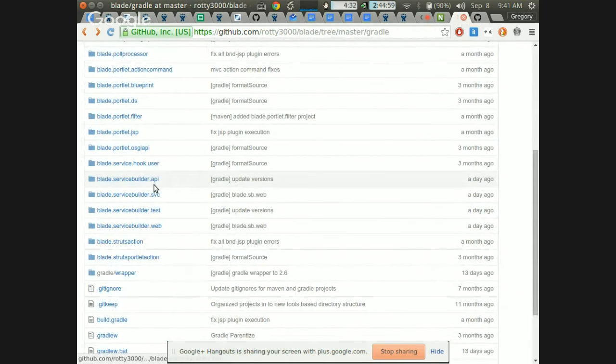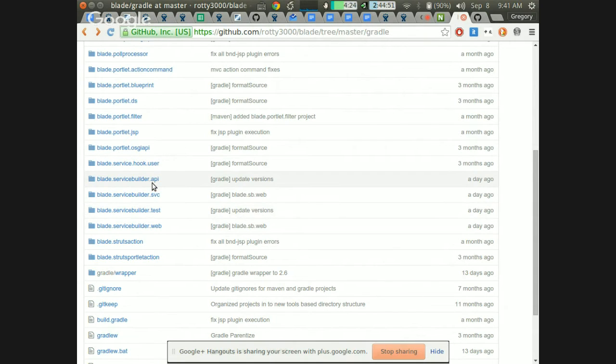These bundles just take the sample service builder portlet that's in the Liferay plugins repository. This Blade example takes that portlet and shows how to do it as a set of OSGi bundles,